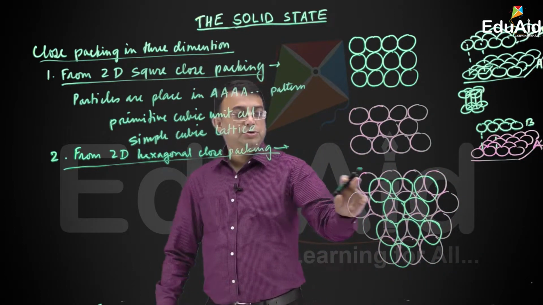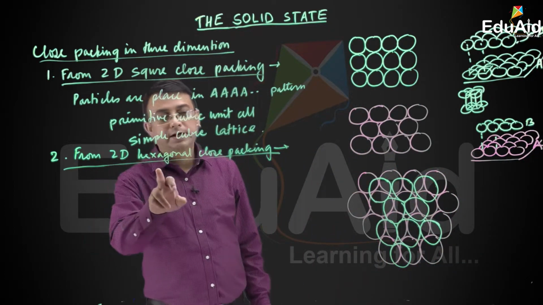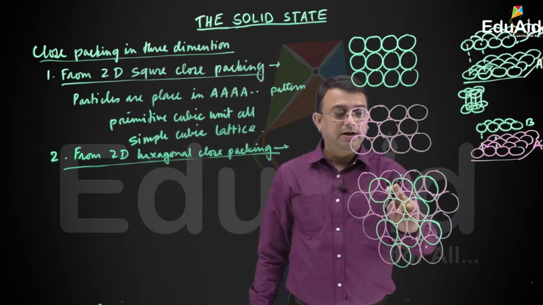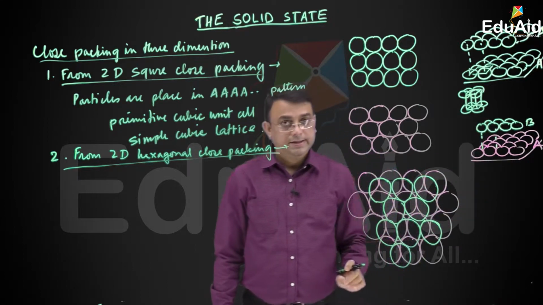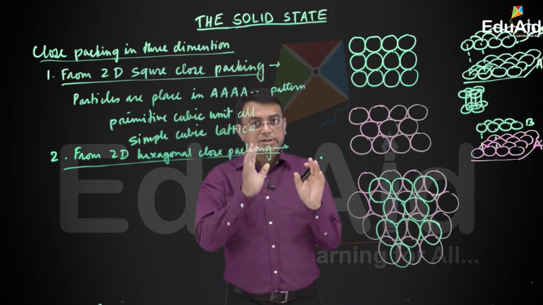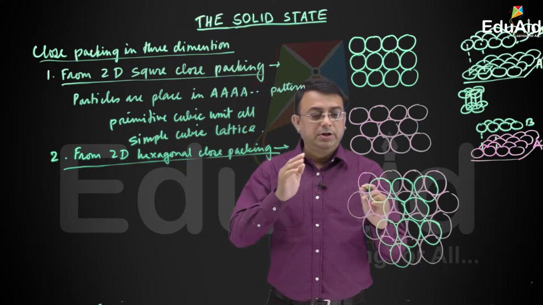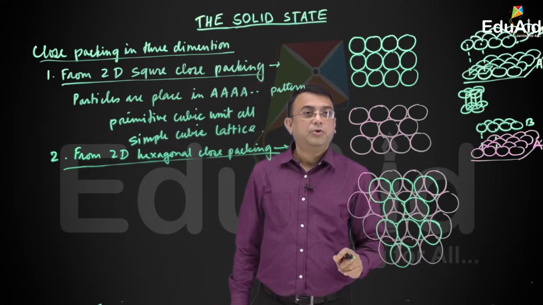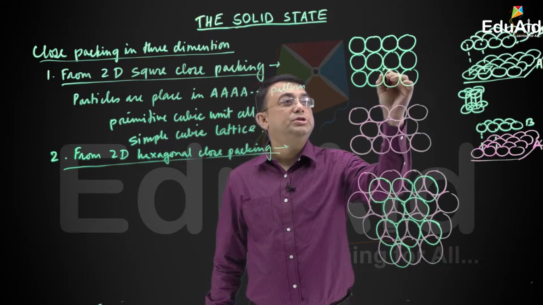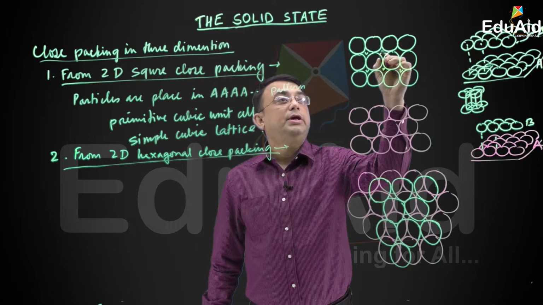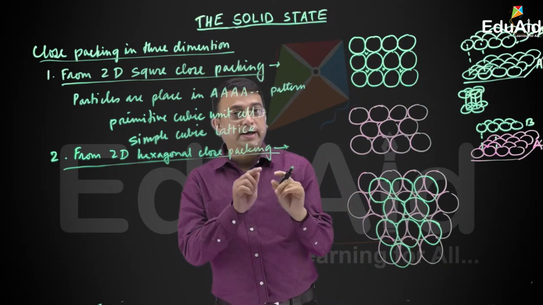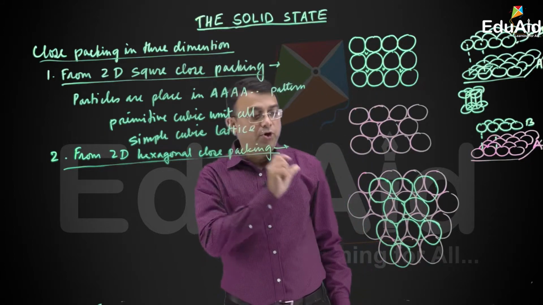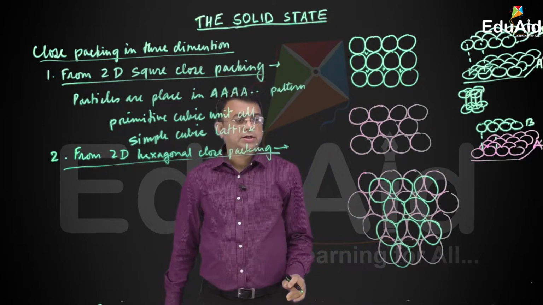So in two-dimensional close pack layer, in two-dimensional hexagonal close packing, we have seen if the layers are being placed, the first layer is not aligned with the second layer. Now when these two layers are placed, then we will find some void. What are these voids? Voids are some space which is vacant. Ei je particle bilakor majot jibila khali jaga thake, the vacant space between this closed pack structure is called the void.